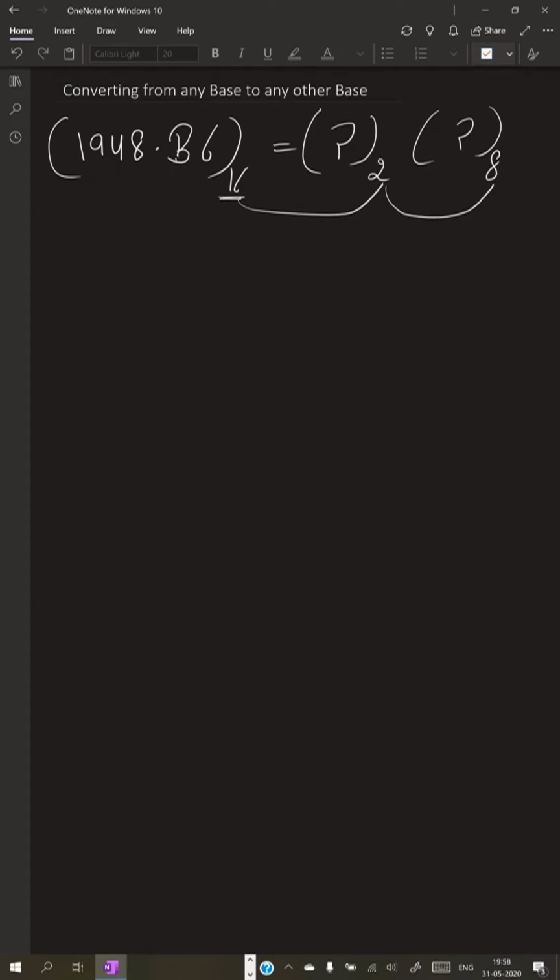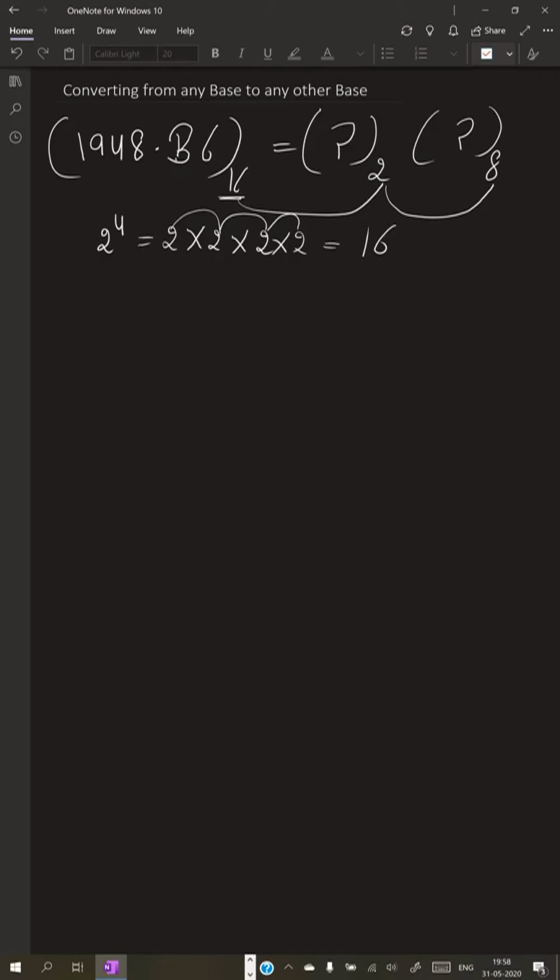For this we need a table with four variables, and four variables means 2 raised to the power 4, which is 2 times 2 times 2 times 2. 2 to the 4: 2 times 2 is 4, 4 times 2 is 8, 8 times 2 is 16. So in this table we require 16 rows and 4 variables.